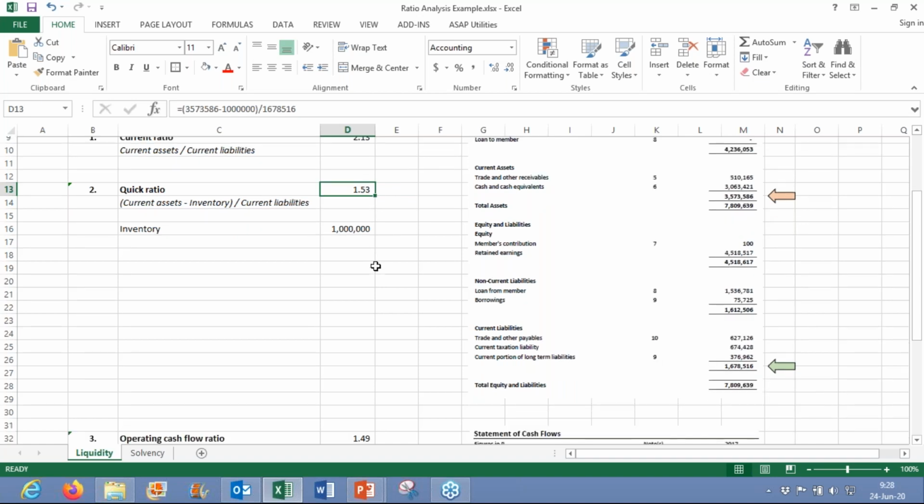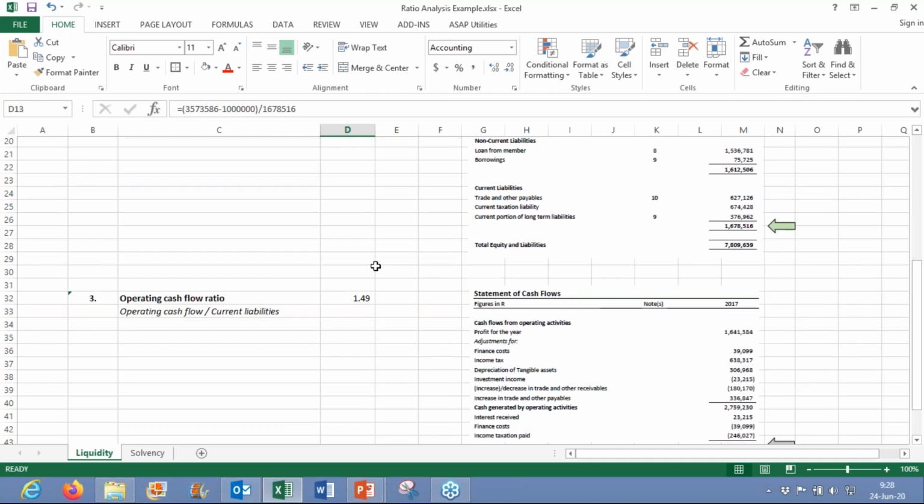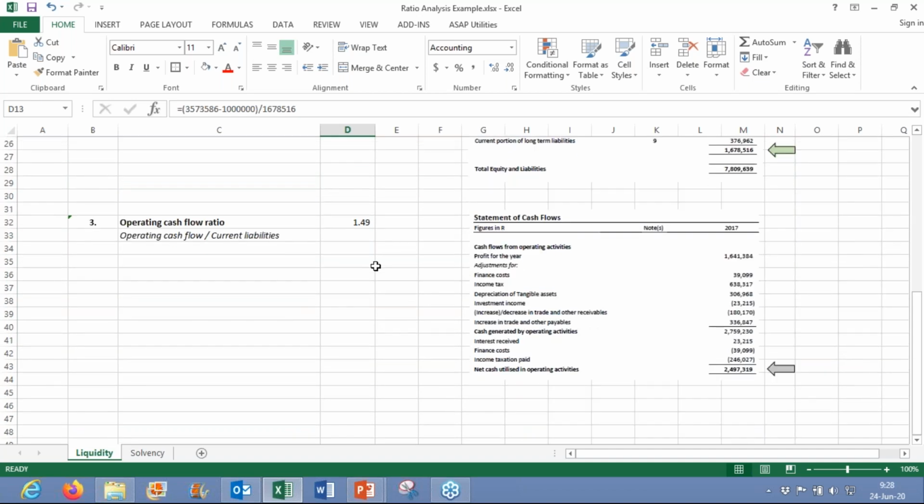If we move down to the operating cash flow ratio, we said that it looks at how your operating cash flow covers your current liabilities. So we're converting it to a more cash point of view. How do we calculate that? The first thing it looks at is your operating cash flow. And where do I find this figure? If you go to your statement of cash flows in your financial statements, this would be the first part right at the top, which looks at your cash flows from operating activities.